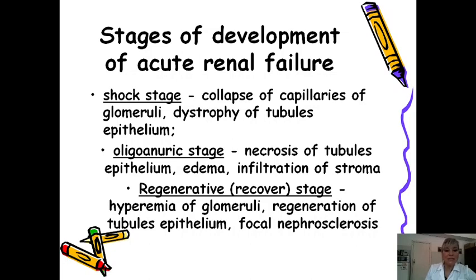And the last stage, the recovery or regenerative stage. With an unfavorable outcome, we see death in the second, oligoanuric stage. With a favorable outcome, we see the last, recovery stage: hyperemia of glomeruli, regeneration of tubules epithelium, and focal